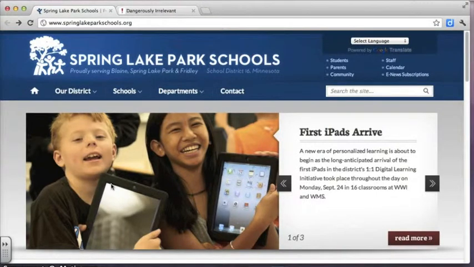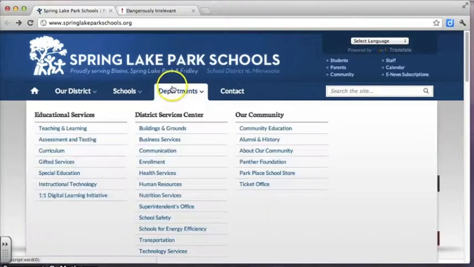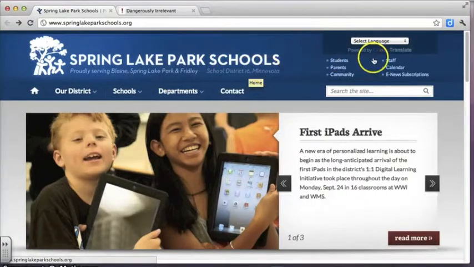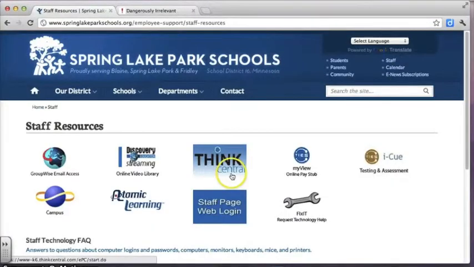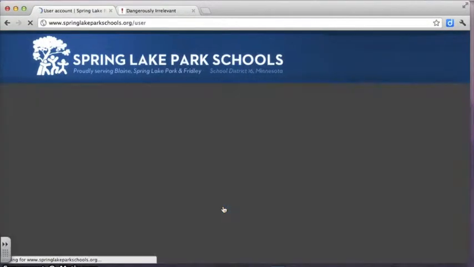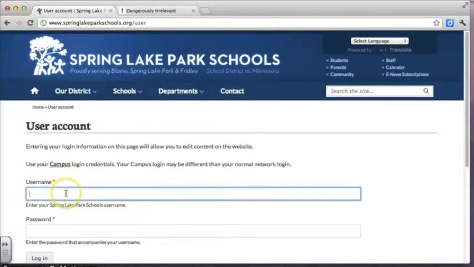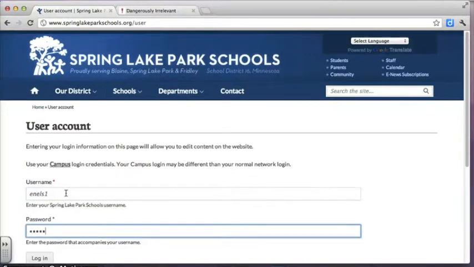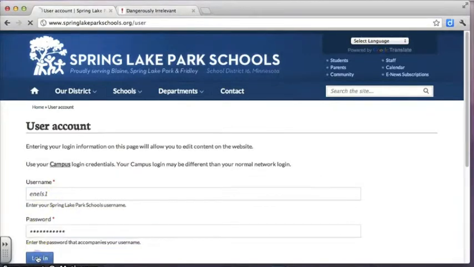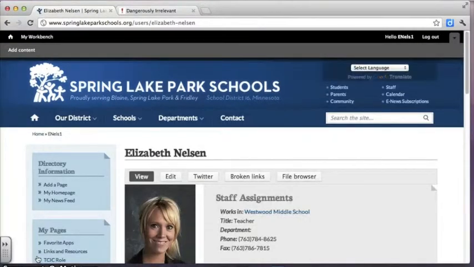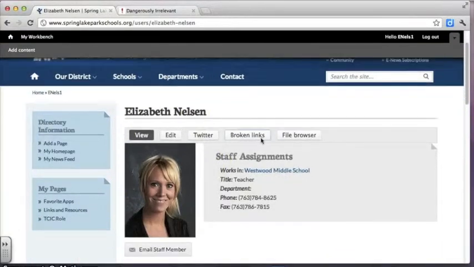So the first thing I'm going to do is log in to my teacher web page. And the way I'm going to do that is on our Spring Lake Park Schools District website. I'm going to go to the staff page. And right on that page is a link to your staff page web login. And I'm going to log in using my campus credentials. And when I log in, it's going to take me directly to my home page